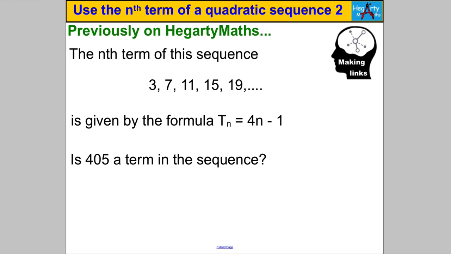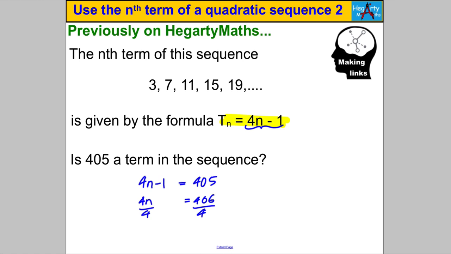Well, we are given a formula for the nth term. So if 405 was a term in the sequence, the expression for the nth term, 4n subtract 1, must equal 405 for some whole number n. Remember, n stood for the position of a term. So if we can find a whole number n that solves this equation, then 405 is in the sequence. If we get n being a decimal or a fraction, not a whole number, then 405 is not in the sequence. So we'd add 1 to both sides and get that 4n is therefore 406, and we divide both sides